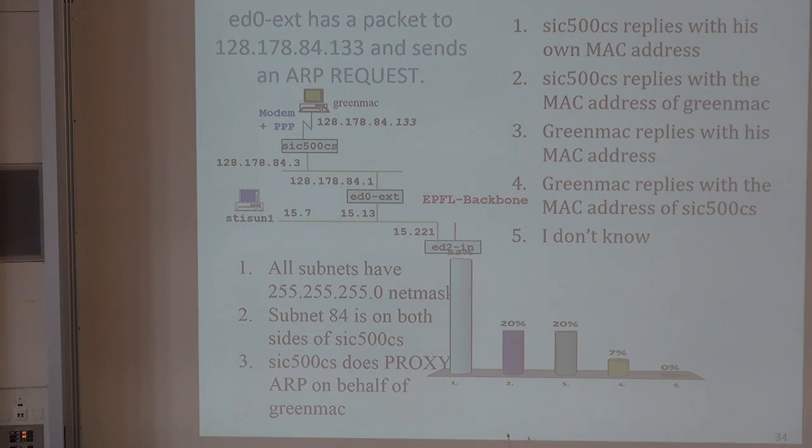You can try it at EPFL. EPFL, the last time I checked, it worked. If you configure wrongly your subnet mask as being 16-bit instead of 24, it will work, because all routers will do proxy ARP. If you do this, you believe that the entire EPFL is one big subnet, so any EPFL destination is on link with you, so your machine will send an ARP for any destination. But the next hop router will respond with its own MAC address. So it will continue to work.